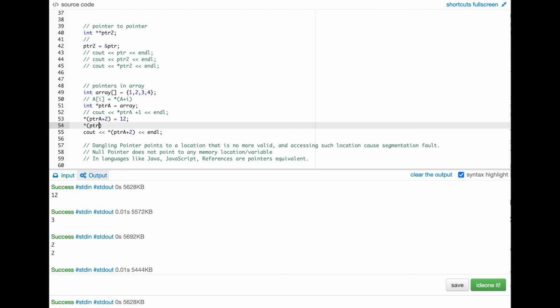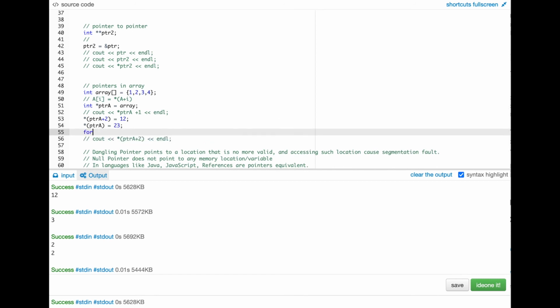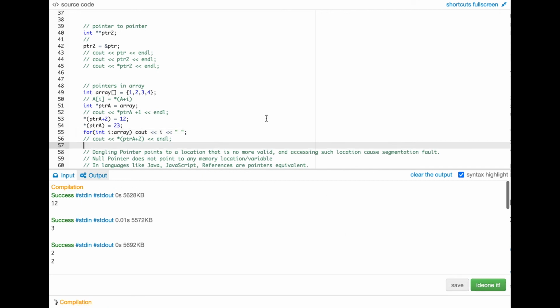So if I do star of ptra, let's suppose the first element only, let us modify it to 23, right? And let's try to print all the values inside the array now. So if I do int i inside this array, cout array of i, and give a space, right? If I do this, let us try to see what will come out.